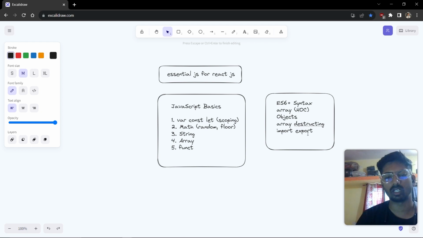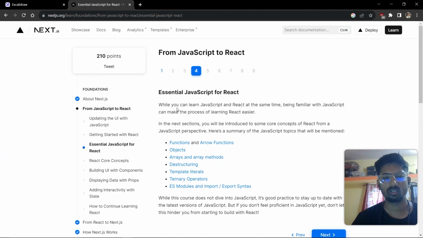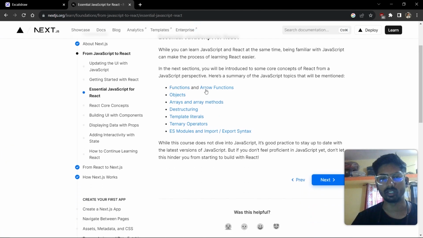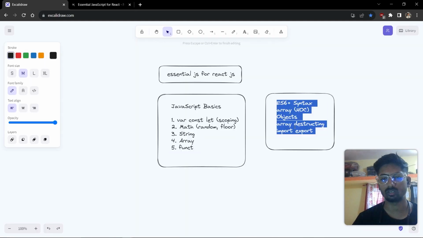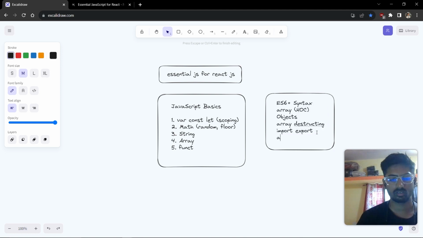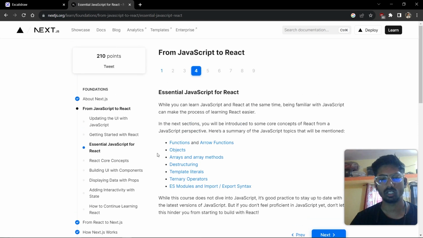And some basics of HTML you already know. There is nothing more. If you search the official Next.js documentation for the essentials of JavaScript for React, you will get the answer. Like functions and arrow functions. Arrow functions are not included there, but they are highly recommended. This is also an ES plus part. So we will go through them one by one: functions, arrow functions, objects, arrays and array methods, destructuring,